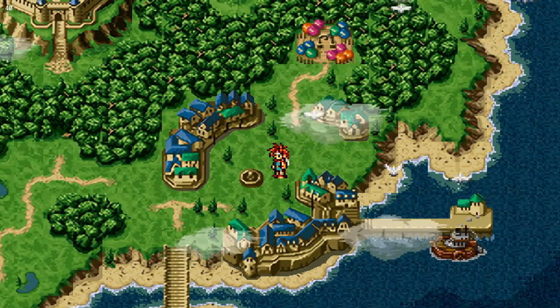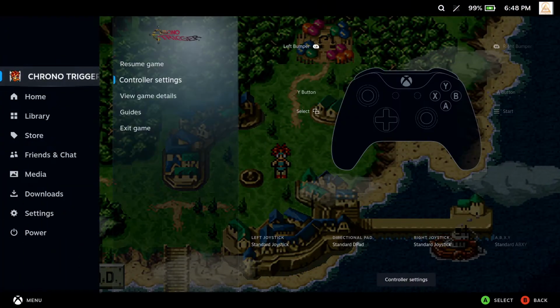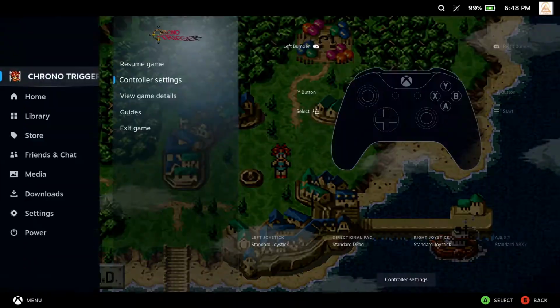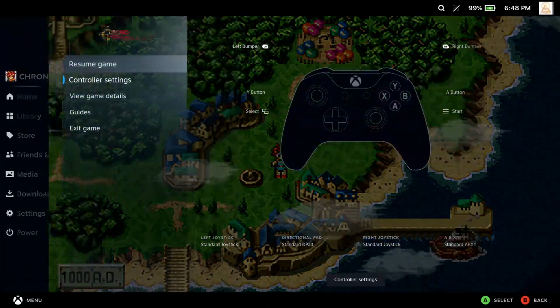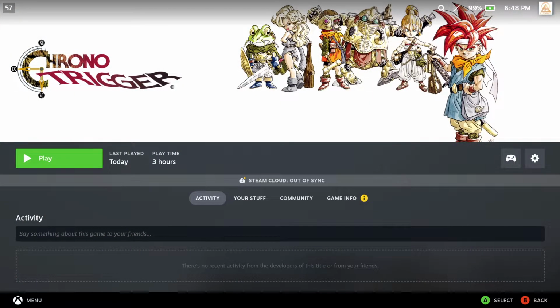Keep on trying to use the joysticks, and the joysticks don't work. Okay, so Chrono Trigger works. So let's close that out. We'll try a different one. We'll go through a couple games here. And I'm sure there are games that are going to check with their servers to make sure that, you know, you did purchase the game, but